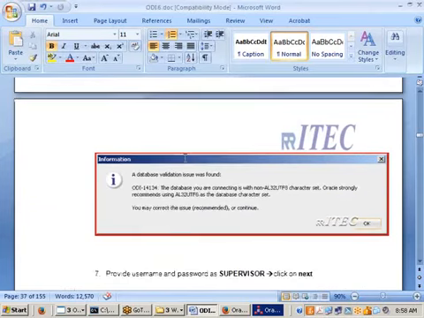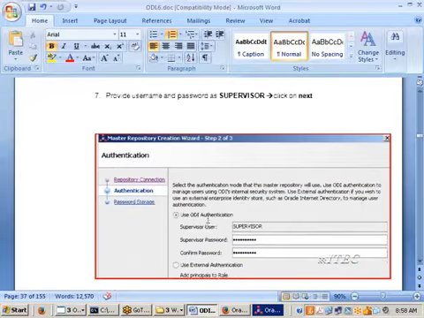Then next, it is going to give one warning here. What is the warning? It is expecting the language pack character set, but something else is available, so it throws a warning. But ignore that one and move on to the next one. The second step is Authentication. Whenever you are creating one repository,